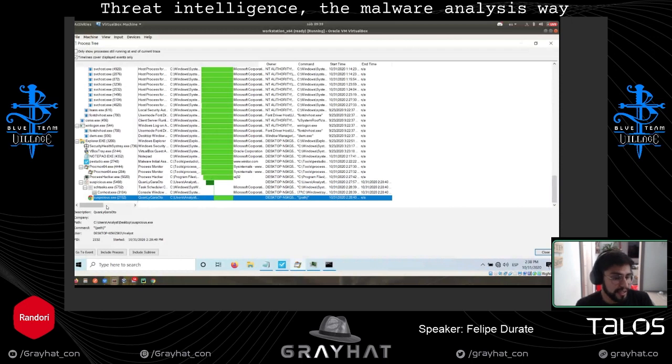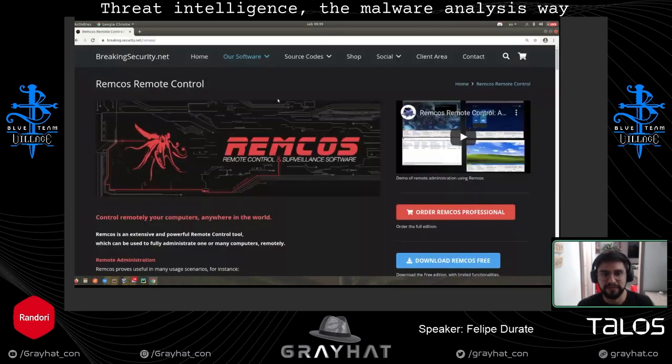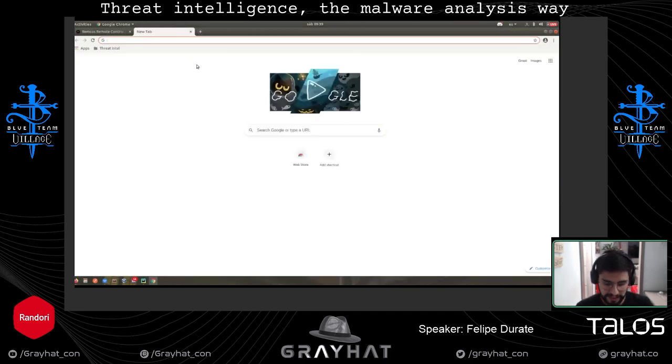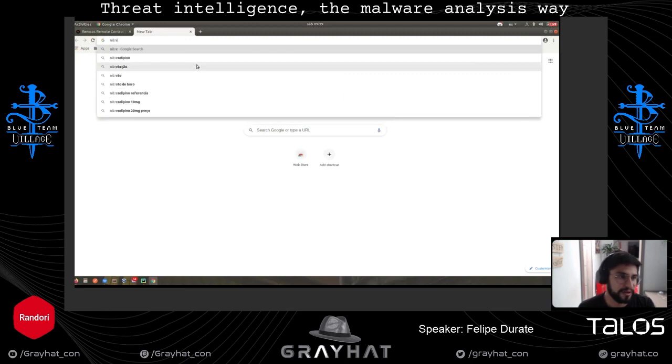But because we know this is Process Explorer, we need to investigate a little bit what kind of methodology was used about this Process Explorer. So there is one very nice resource, which is the MITRE Navigator.